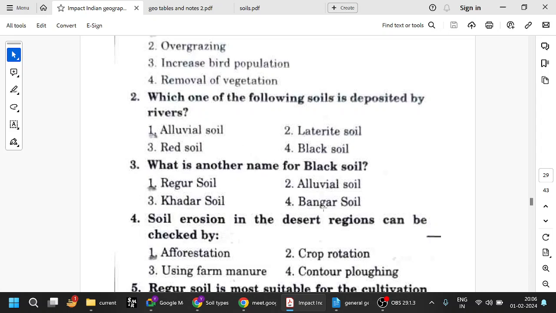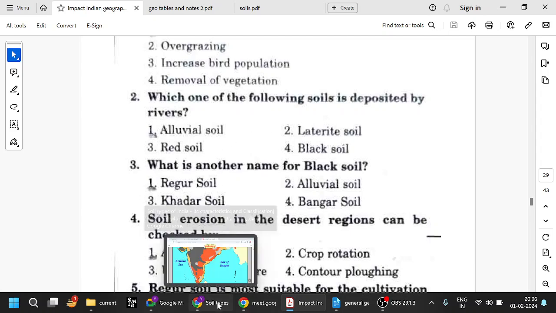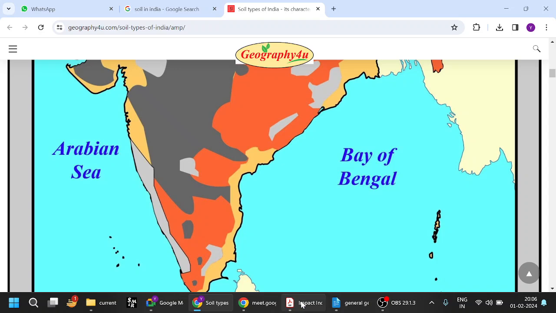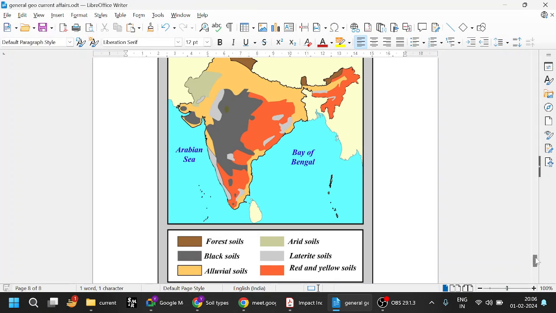So black soil, laterite soil, red soil. We've just seen. These are black soils: Gujarat and this particular area, a little bit of Karnataka, Andhra Pradesh, Madhya Pradesh and Maharashtra, etc. That is black soils. Black soils are famous for cotton and tobacco. That is why in Prakasam district we see lots of tobacco cultivation. Blue Cud and Virginia tobacco are two types of tobacco, and Prakasam district's major crops are tobacco and cotton.